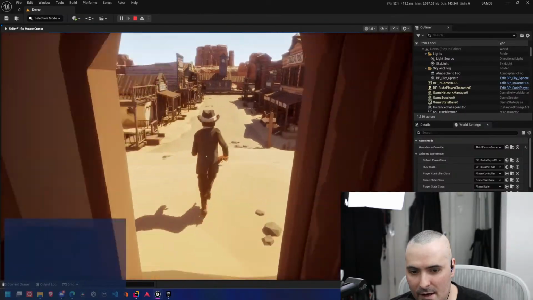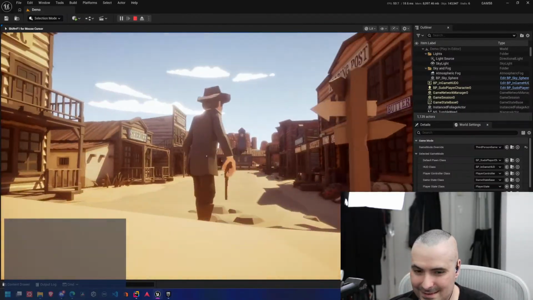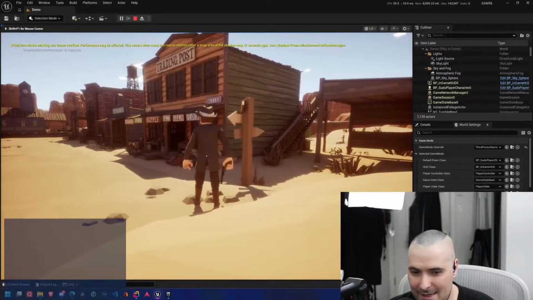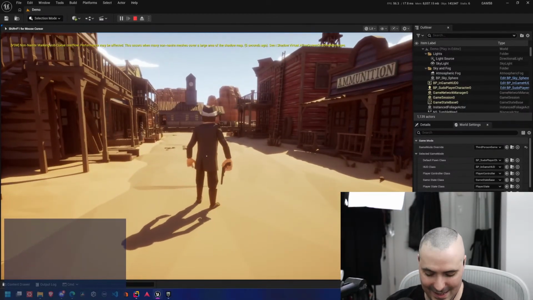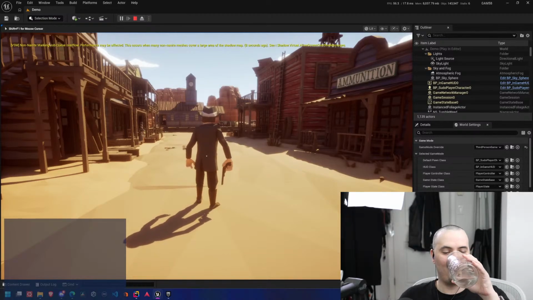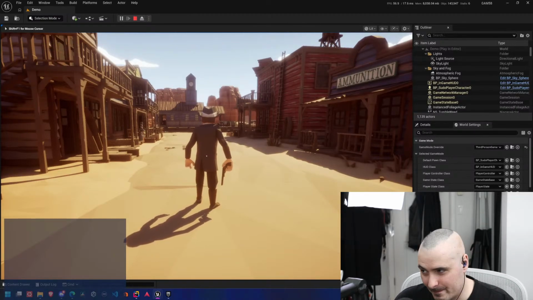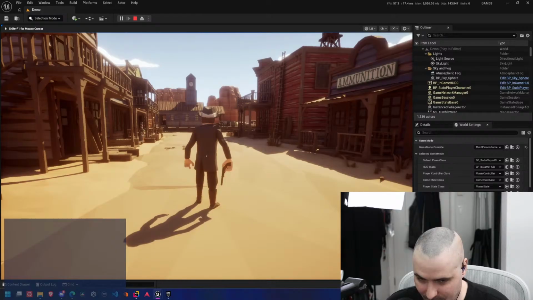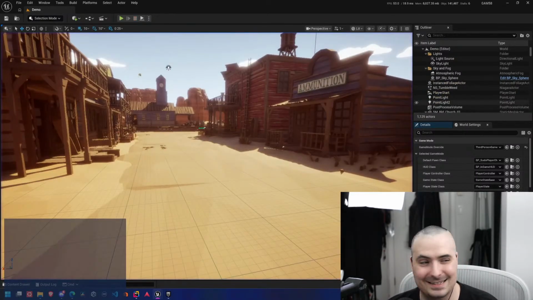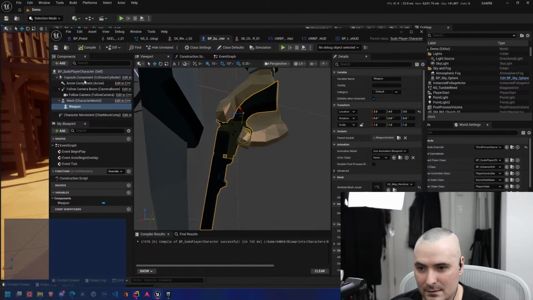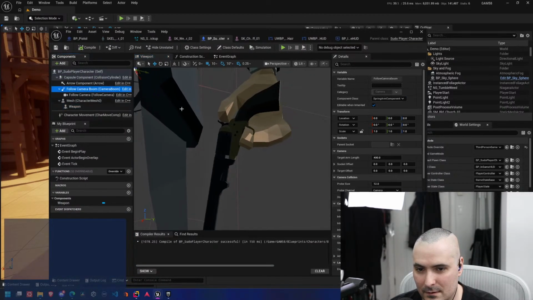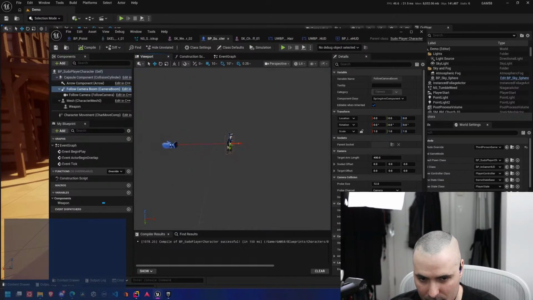Now look at that, I've got my crosshair. It's totally in the right spot. Don't think too much about it. No, it's because we're staring at the guy's ass. I want to bring this up to his neck.